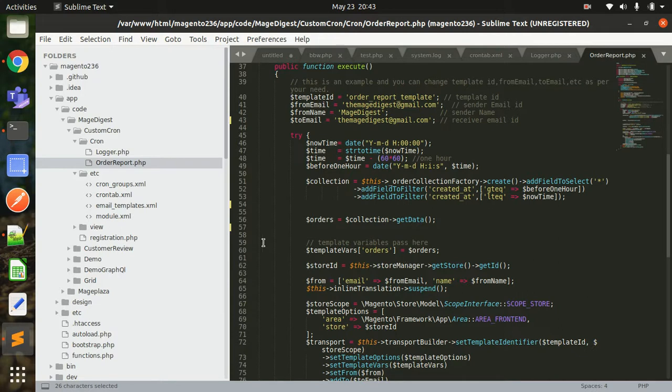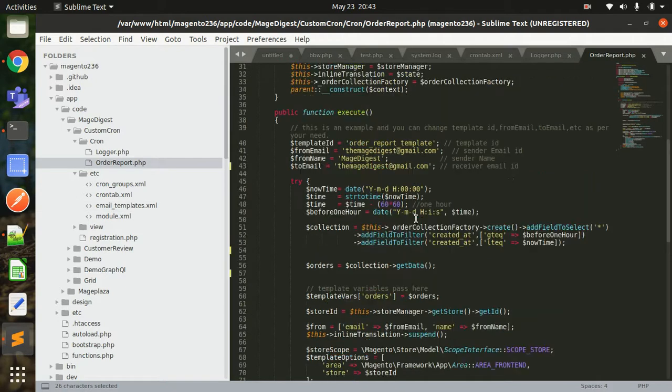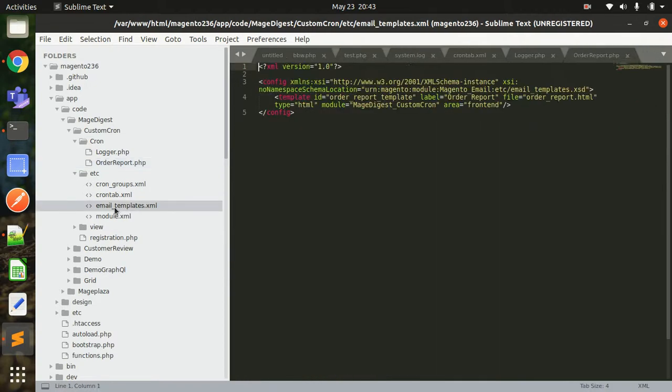Now if you wish to create those things, first of all, for this template ID, you have to create a template ID. For creating a template ID, you have to create a file called email_templates.xml. If you click on this, you have to give certain values to it, like the template, you have to give some ID, that is the order report template.